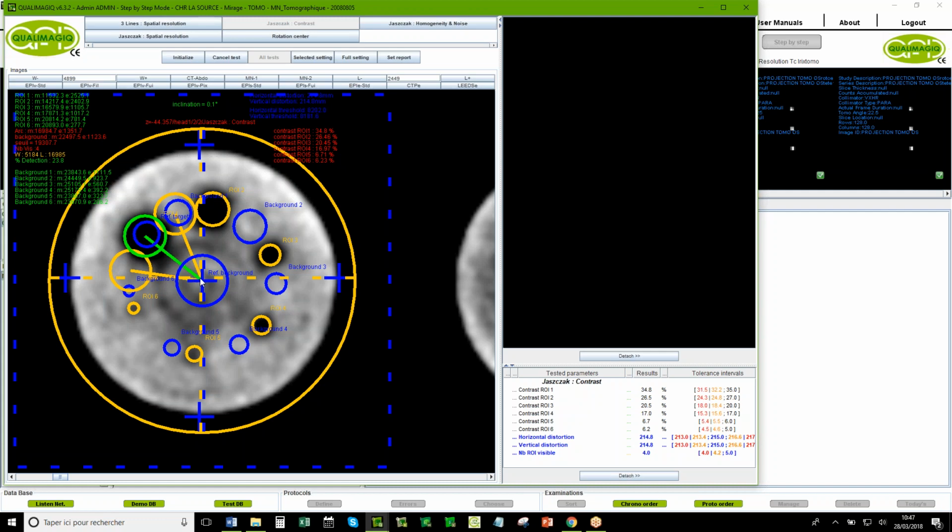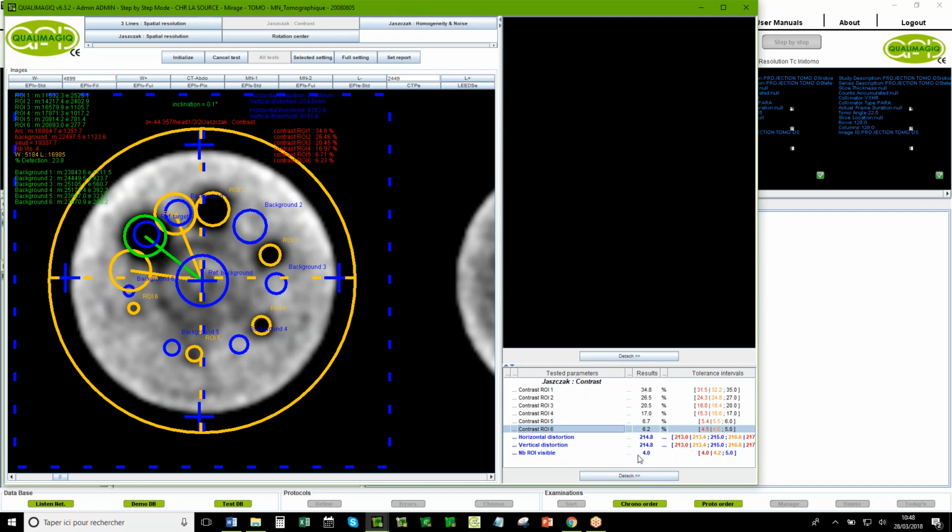Before evaluating, we want to detect where the phantom is in the image to be sure that when we extract some signal, we are on the target. And after, inside each target, we have 6 in the JASAC phantom. We evaluate the contrast. The contrast is a comparison between the signal inside the target and the signal outside of the target.